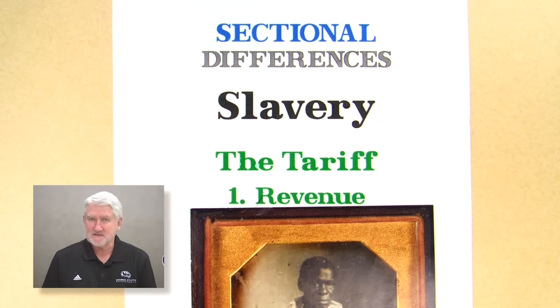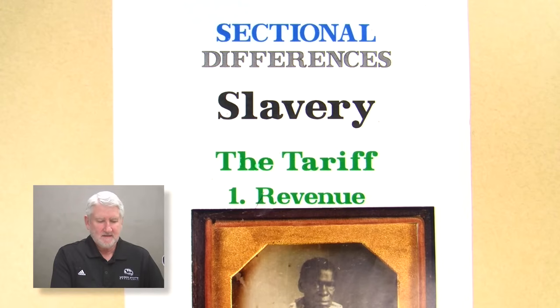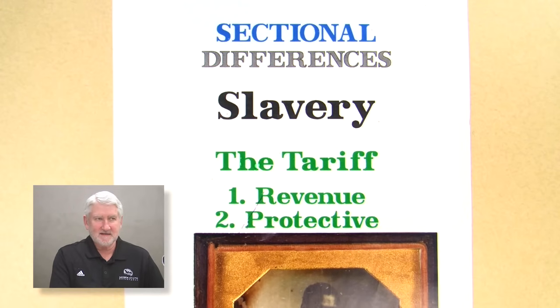When Jefferson purchased Louisiana from Napoleon, that's where all that money came from. All that gold sitting in the treasury had come from the collection of the tariff. So nobody complained much about that. Here's where it became a sectional issue in the early years of the 19th century, when the government began to collect the tariff for a second reason, not to raise revenue, but to protect American products, particularly American manufactured products.